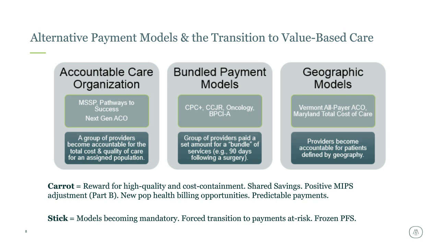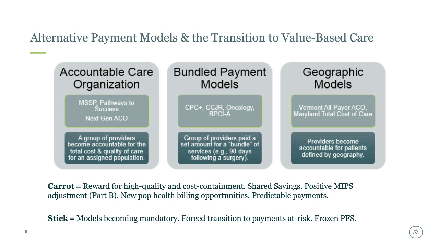There's bundled payments, and so in this type of program, there can be an episode that initiates a bundle. And so, that might be a surgery and the 90 days following a surgery. And essentially, it's like you're being given a budget for what's the maximum that you'll get paid for that episode of care. And there's also geographic models, state-based models or regional models where providers become accountable for all the patients